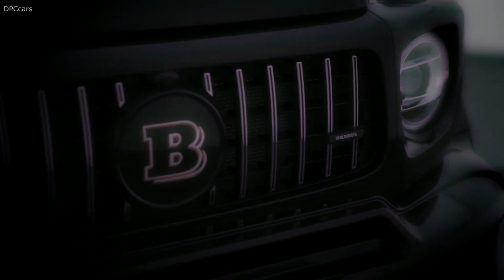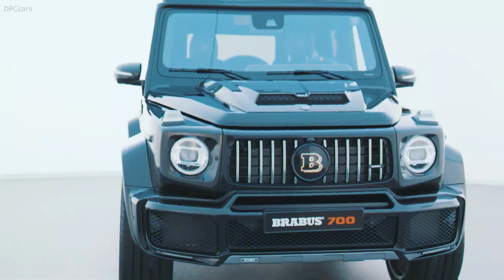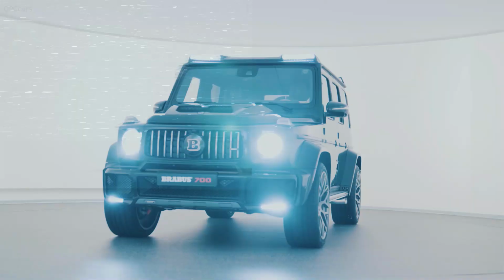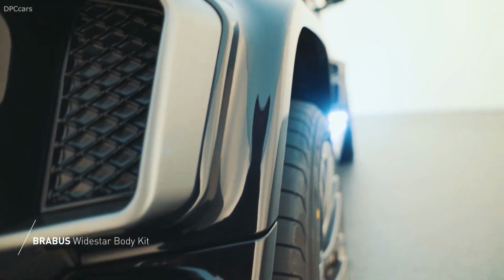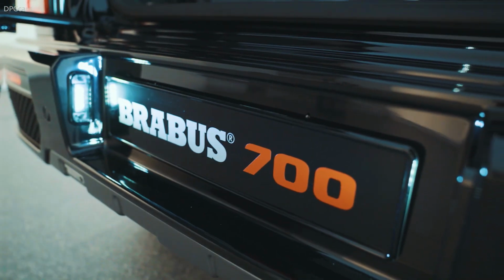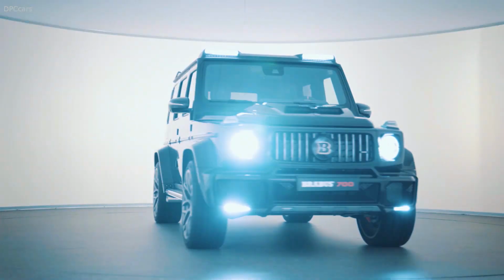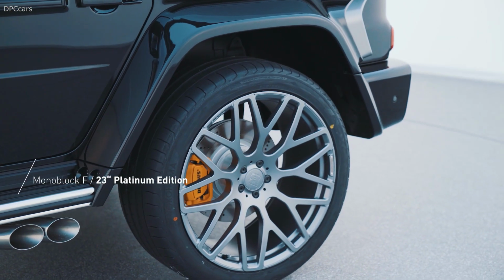Brabus already offers tuning options for the new G-Class, and now the German tuner turns its attention to the hotter G63. Mercedes-AMG's 4.0-liter twin-turbo is widely used throughout the brand's range, and Brabus adapts its tuning from other applications of the engine for the 700 WIDESTAR. While it produces 577 horsepower and 627 foot-pounds of torque in stock form, the tweaks for the Brabus version make